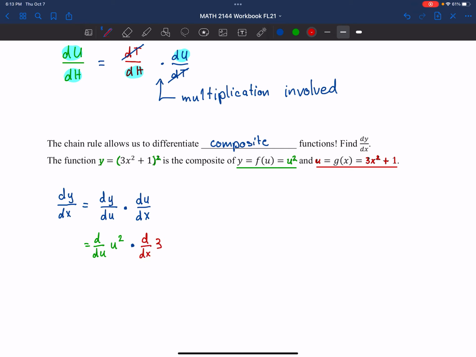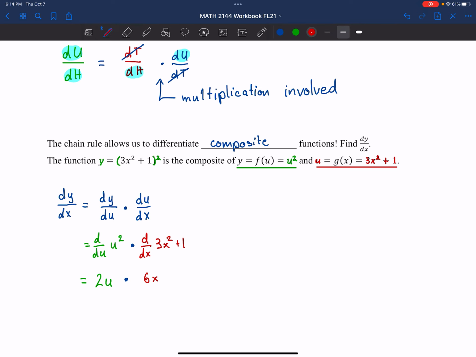So this is going to be the 3x squared plus 1. So when we take the derivative of u squared, we get 2u, and then we multiply this by the derivative of 3x squared plus 1, which is going to just be 6x plus 0, but we won't bother writing that